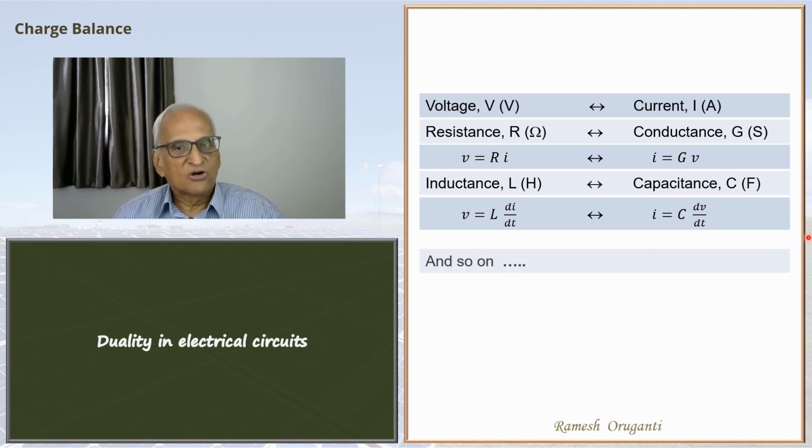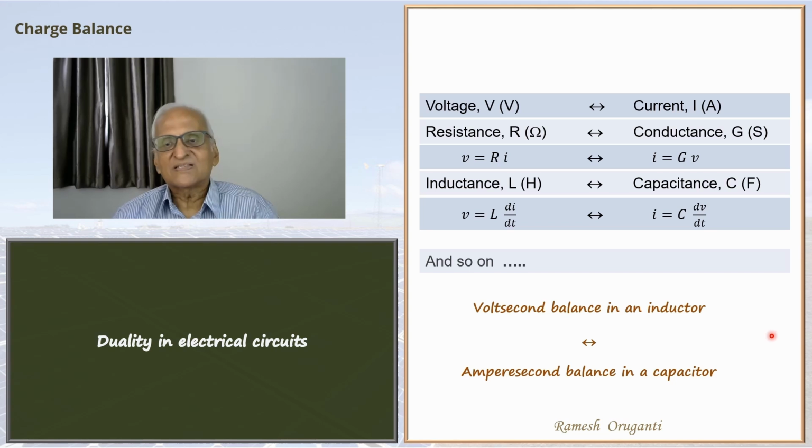There is an idea that is often used in power electronics, which is called voltsecond balance in an inductor. There is a video about it in this series. We can have a dual of this. Replace volt with ampere. Replace inductor with capacitor. Then you will get ampere second balance in a capacitor. And what is ampere second? That is charge, coulombs. So just as an inductor under steady state exhibits voltsecond balance, a capacitor under steady state